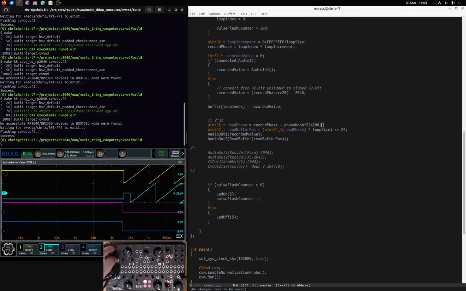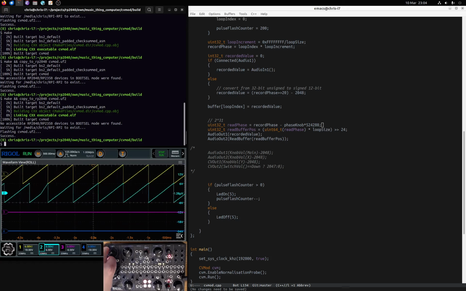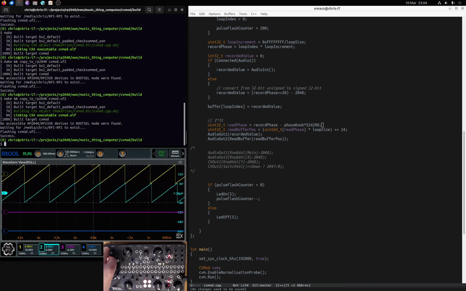What's knob Y set to? Okay, if we set knob Y to 0, okay, that's nice. So knob Y is 0, we have no phase shift. Ah, that's interesting. Okay, so that. Oh no, that is right. Right. Okay, so